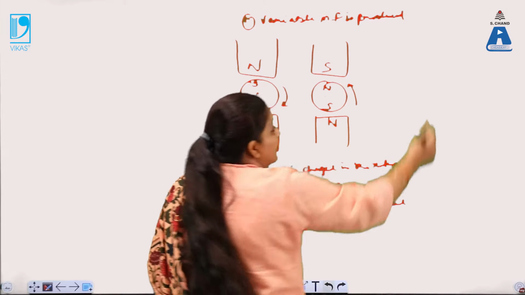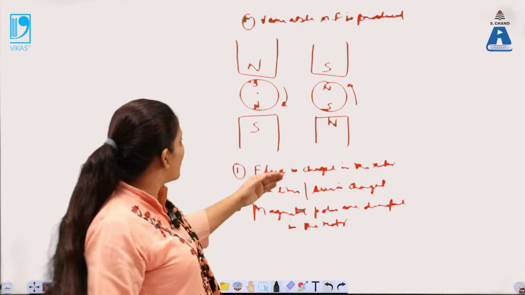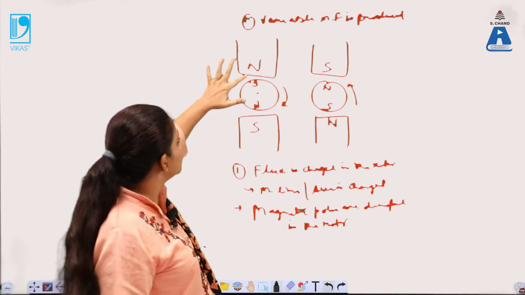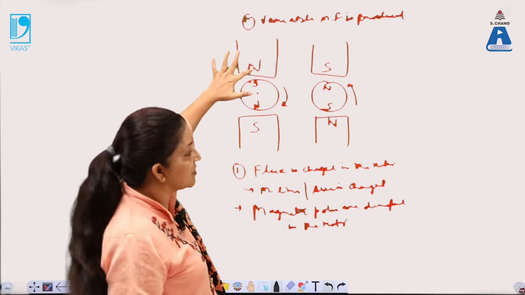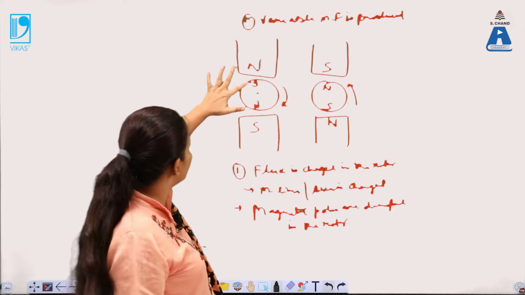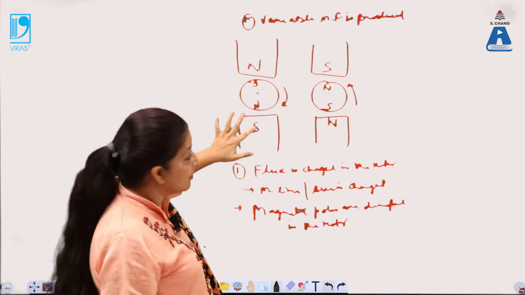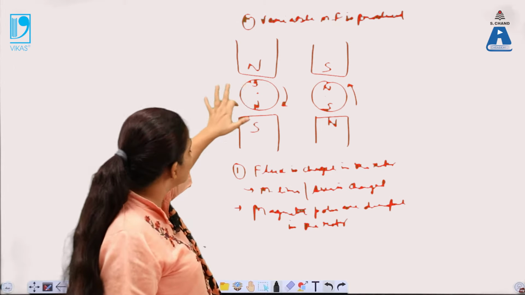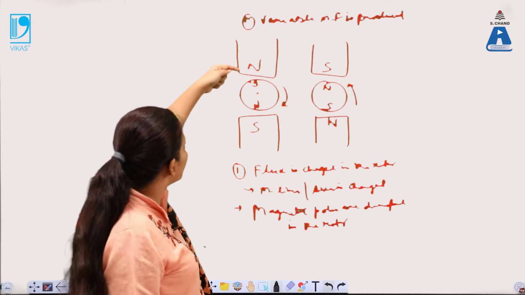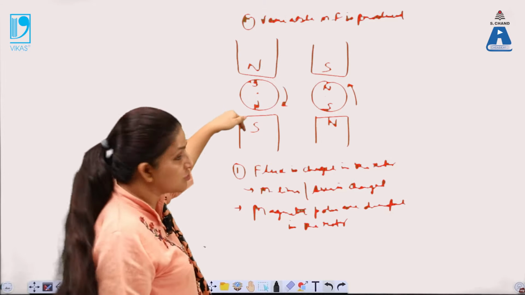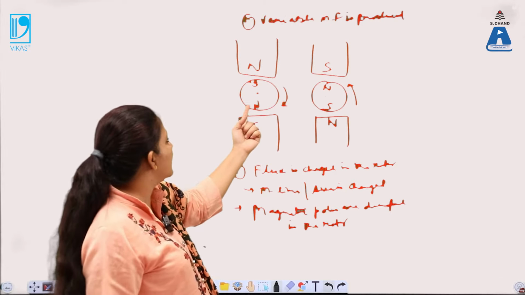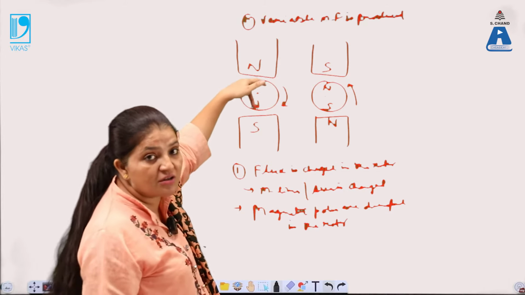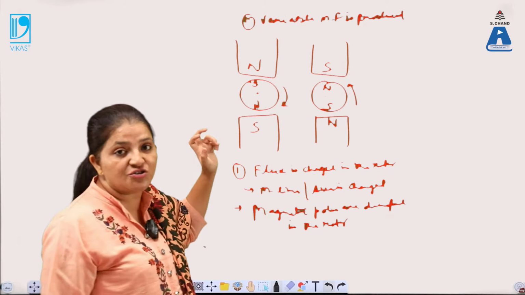Now the variable magnetic field that is produced will cause the induction of poles in the rotor. Now the north pole is here, so the south pole will develop over here. Again, if the south pole is here, then the north pole will develop over here. So due to the development of the poles, if here the field direction is from north to south, in this case the field direction will also be from north to south, meaning they are opposing each other. So this is Lenz's law of induction.